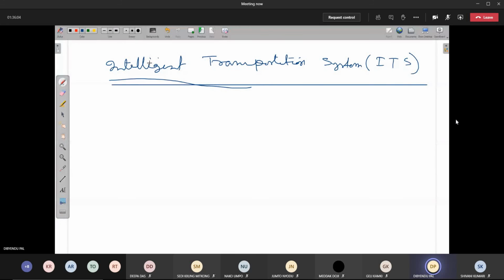Next part will be the traffic flow elements. That part I have already covered earlier. Now finally, if there are some other driver characteristics left, that part we will start next week. Some other driver characteristics.